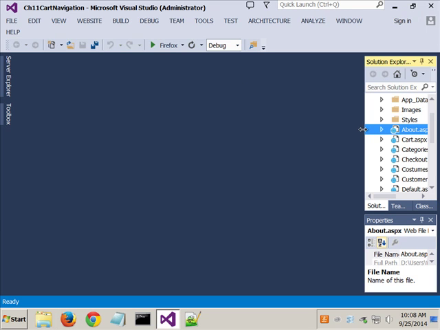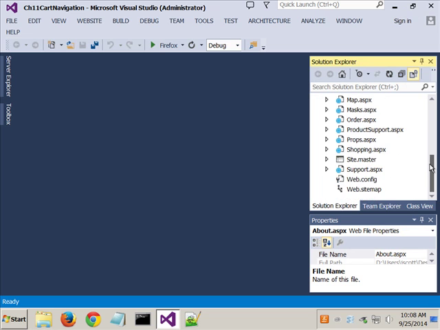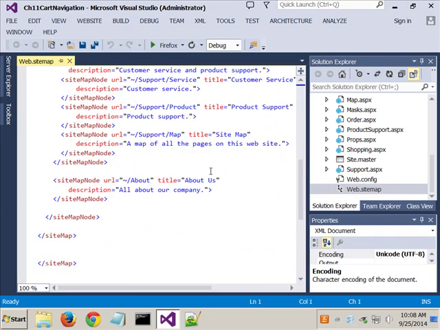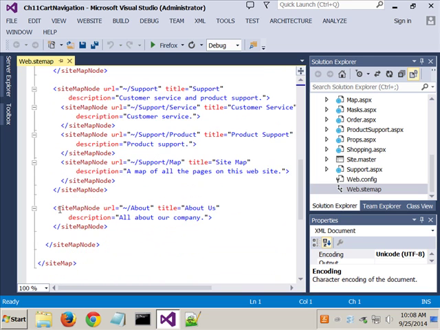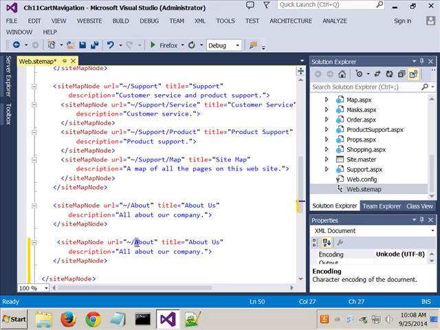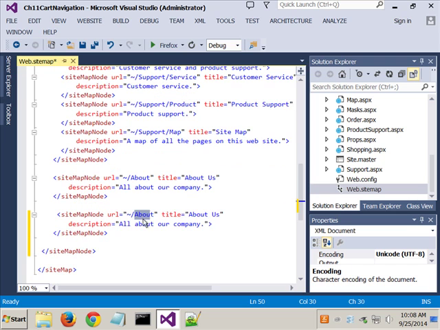So let me go back to this. And you'll notice that when we look in here, there's the web.sitemap. All right, if I open that up, it's going to look very similar to what I just showed you. So you notice that we have in here, for example, a bunch of these sitemap things, all about our company, etc. All I'm going to do is come down here, copy this, and add another one. All right. Now, it says URL equal about, so I'm not going to be able to go anyplace because I don't want to create that, but I'm going to create a new thing in here. Instead of calling it about us, I'm going to call it,